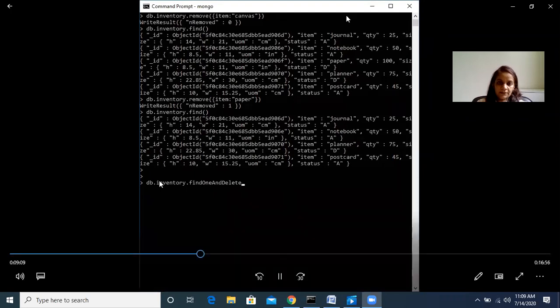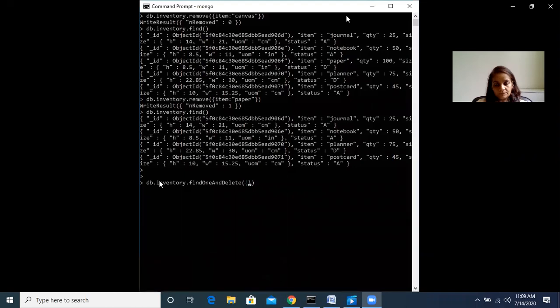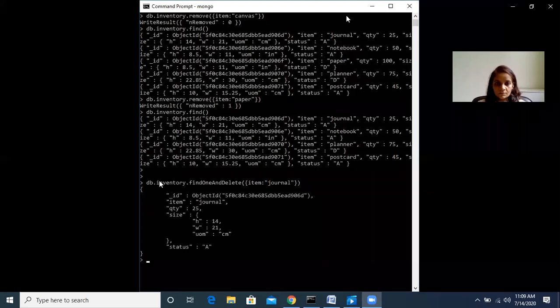Now apply the filter where item is journal. Now it has firstly displayed that there is one record, that is journal, and this record will be removed.